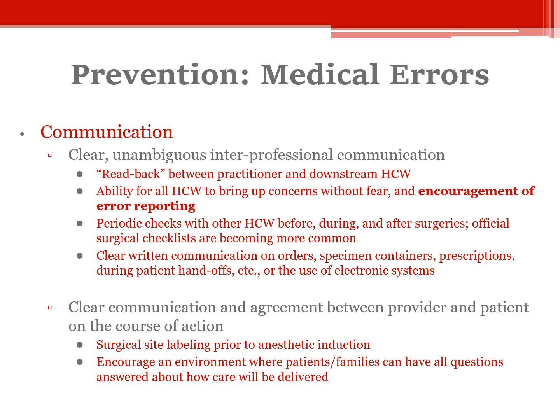One of the biggest examples of this that really helps a lot is surgical site labeling. There's a lot of body parts that a human has where we'll have two or more of them. And it's important to label which one is going to be the subject of the procedure. If you have two eyes and you only have a cataract in one of them, it's important to label which eye is going to get the cataract surgery, or which knee is going to get the arthroscopic surgery, or which body part is going to get amputated.